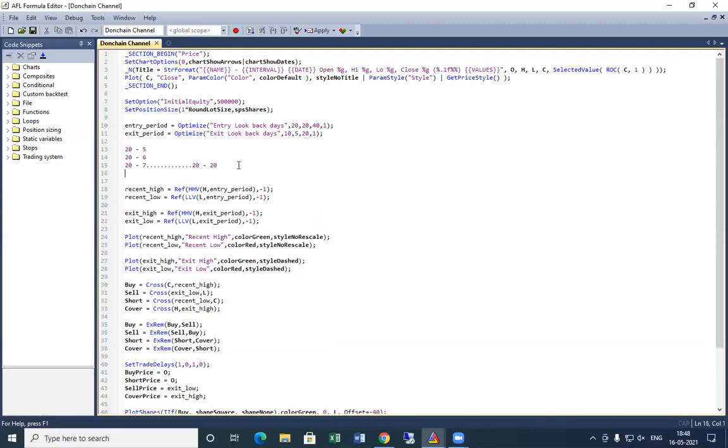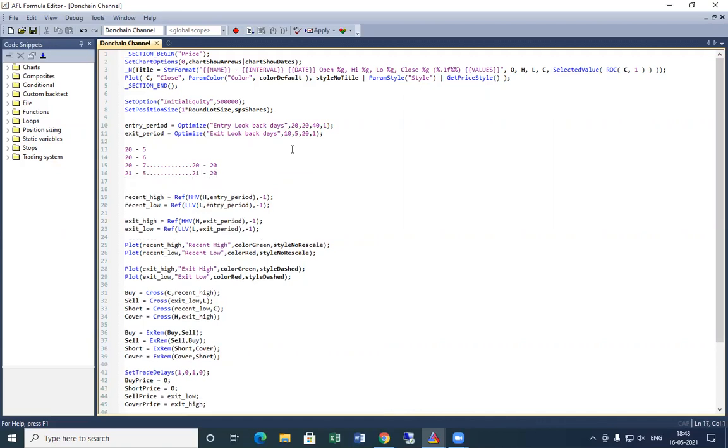After that, it will shift the upper channel by 1 to 21, start from 5, and keep going up till 21, 20. Then again, it will start from 22, and start from 5, and keep going up till 22, 20.